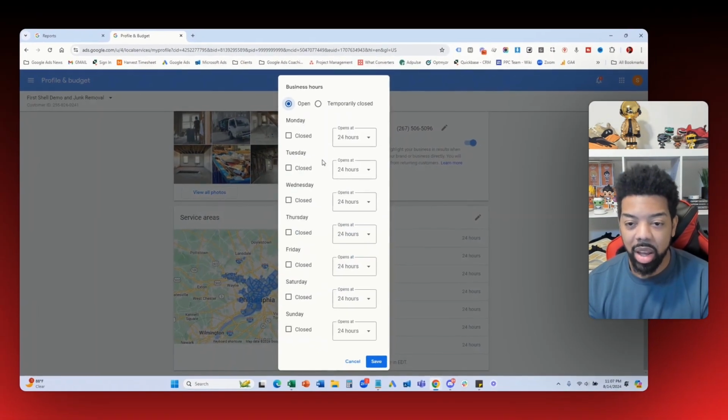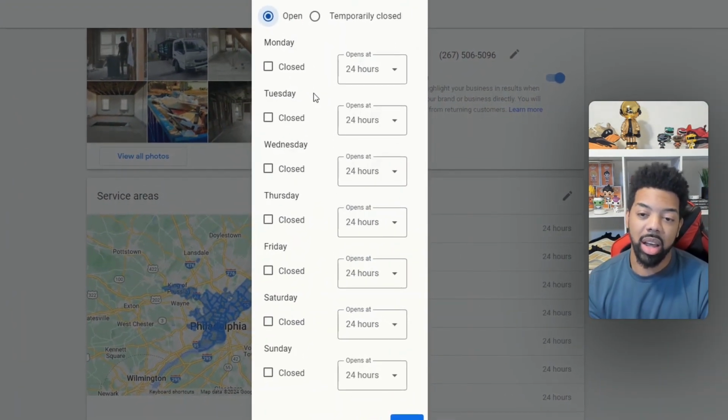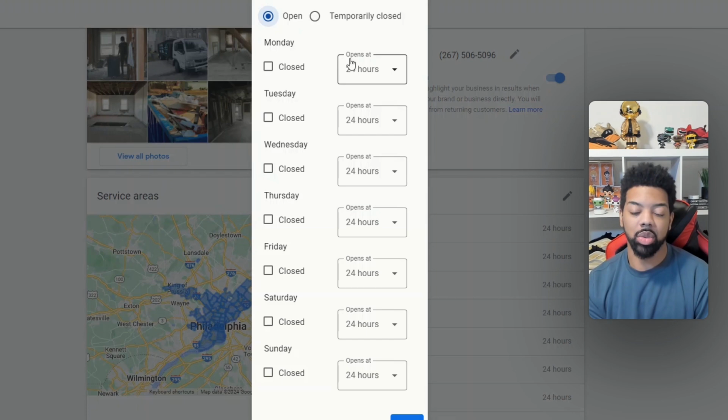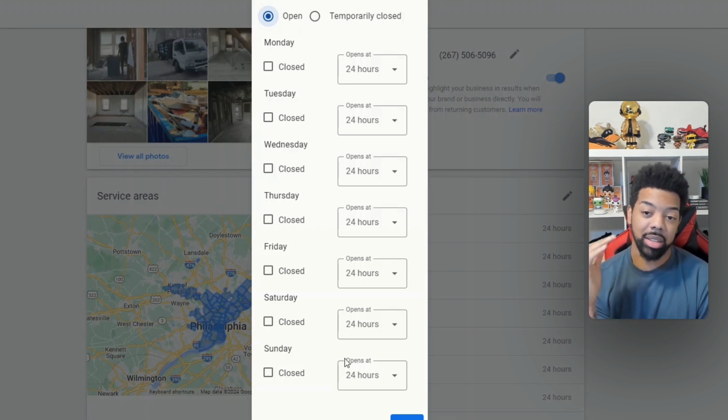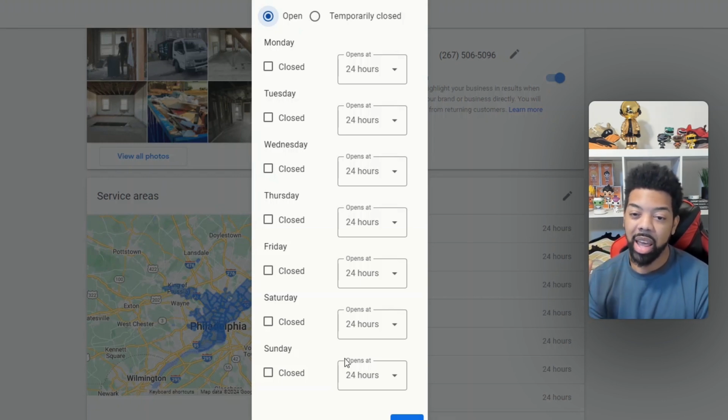Next, we have the business hours. If you can, I highly recommend starting out with 24 hours, setting your days to 24 hours. What this will do is kind of trick the algorithm to show your LSA listing at the top, because it's basically showing the business that has more availability at the top. And so if you're set to 24 hours, you'll be at the top basically every day, 7 days a week,